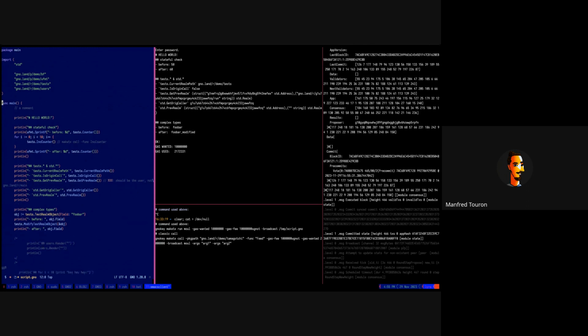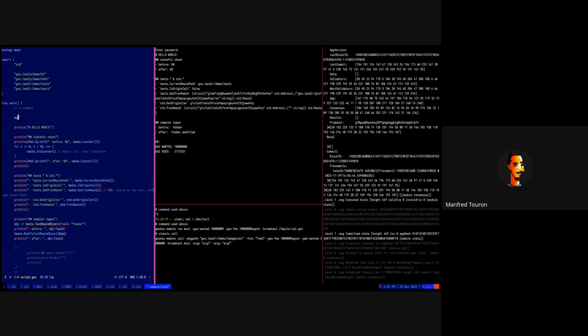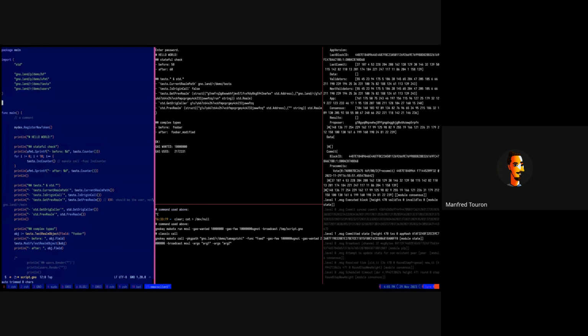We have another known bug if you call, for instance, a registry pattern where you, for instance, like this, mydex.RegisterNewToken, and here I want to pass a function, my token. So the call will work, and the mydex contract won't complain. It will save a pointer to this realm address. But the thing is that this function does not exist anymore.